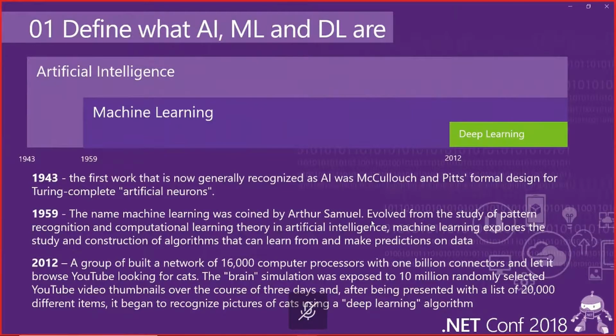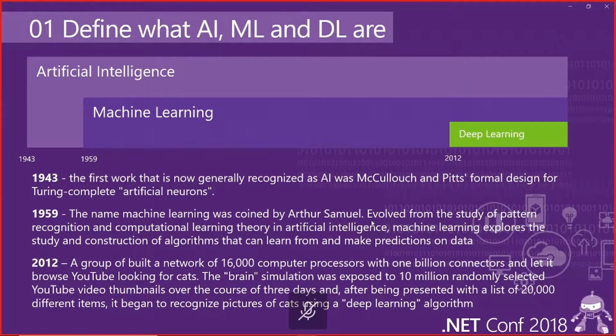Artificial intelligence has been around since a long time ago, since the early 40s. In 1959, the concept of machine learning was introduced for the first time. But what is literally changing the world is the introduction of deep learning. Deep learning was introduced before 2012, but the first time it was used to train a computer, to make a computer intelligent, was 2012.